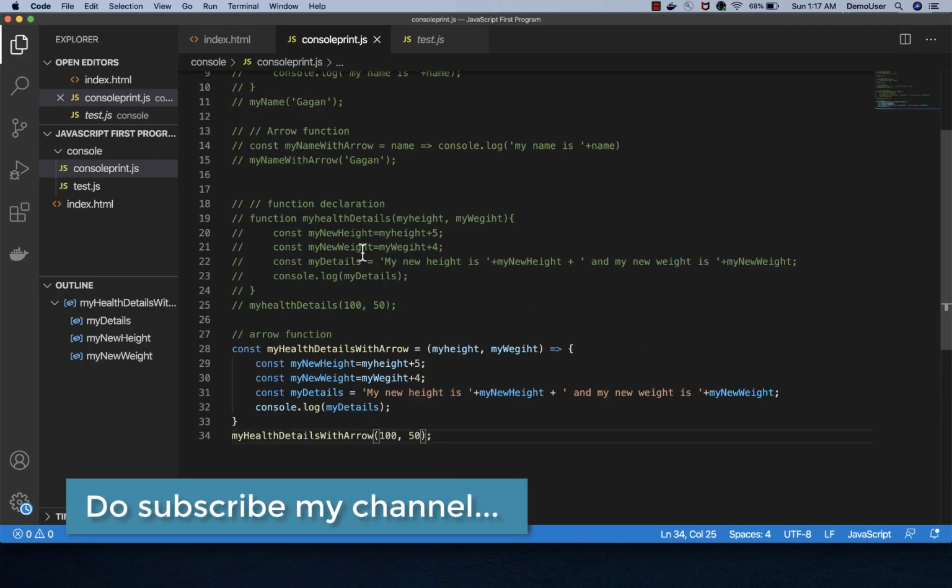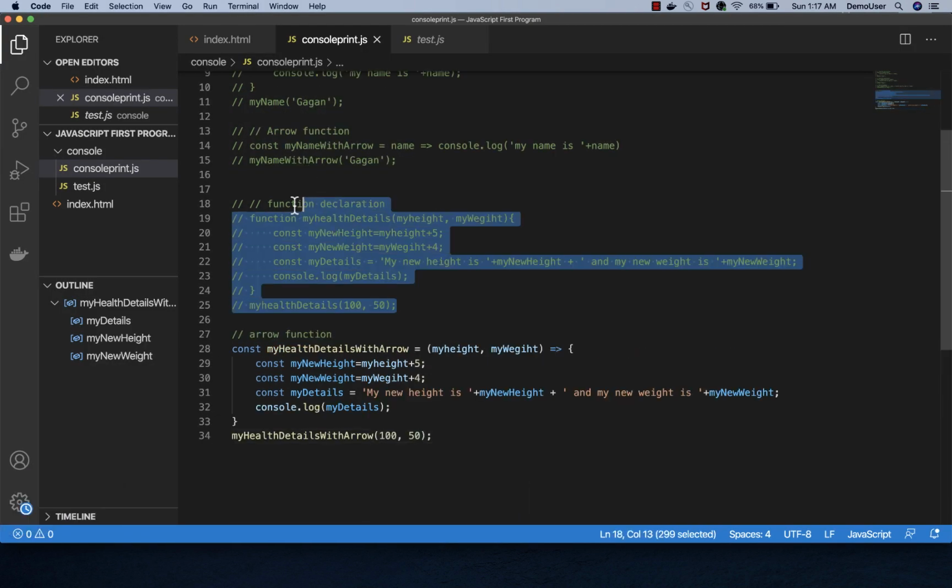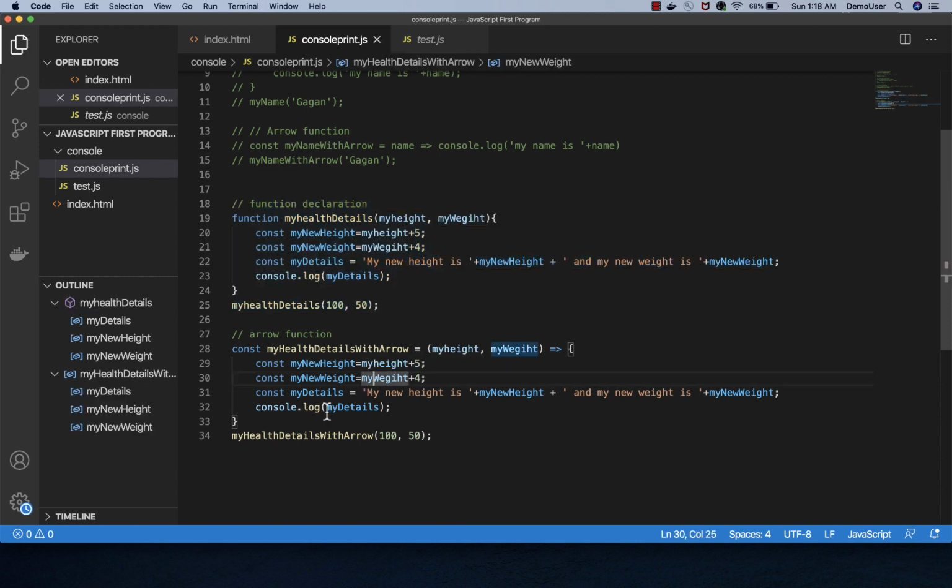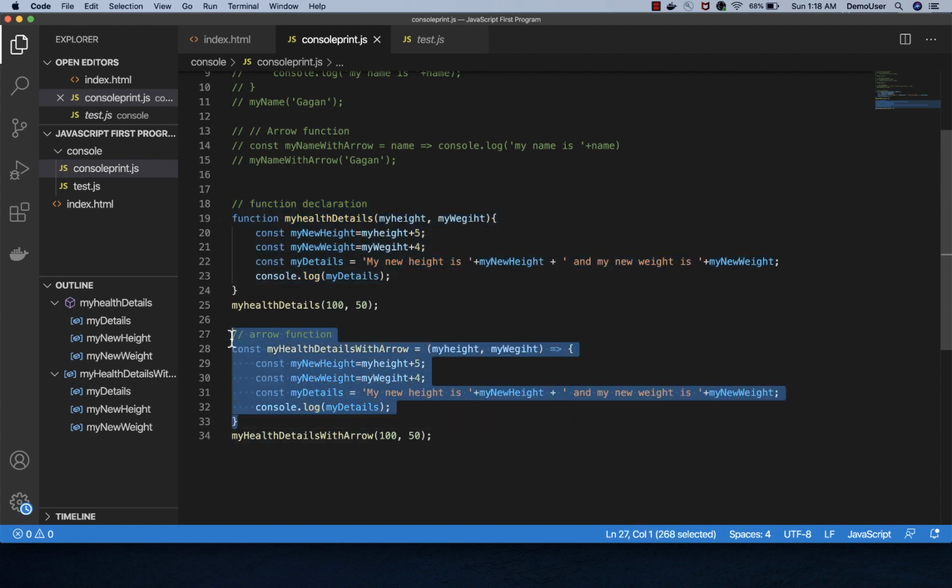So now if you see what exactly we have done, if you compare this function declaration with the arrow function over here, the difference is that we are not using the function keyword, and we are not defining the function name itself in the first place. But we're trying to create a new variable over here, and we're saving the entire function in this variable. So now there is not much difference if you use a function declaration or an arrow function, because we have too many lines of code and we have multiple parameters as well.